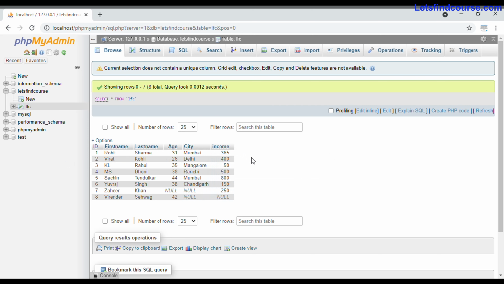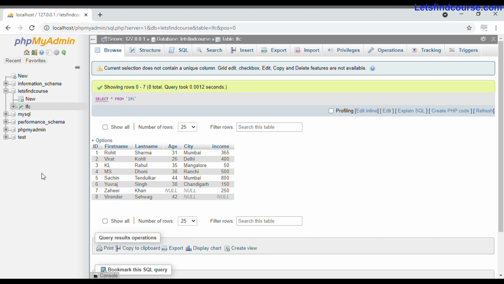Now you are thinking, then if views are like tables only, then what is the difference between a table and a view? As I already told you, a view is a virtual table that contains the real data sets, but it does not contain the whole data of the table. Suppose you are creating a view of table LFC, so it is not necessary that the view will contain all the columns or all the records. Sometimes the view contains the selected columns and selected records.